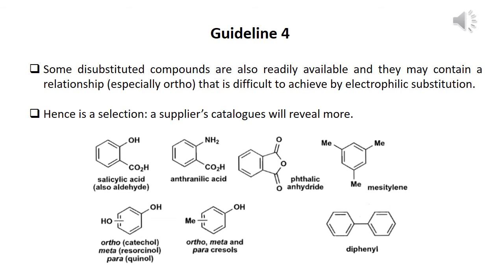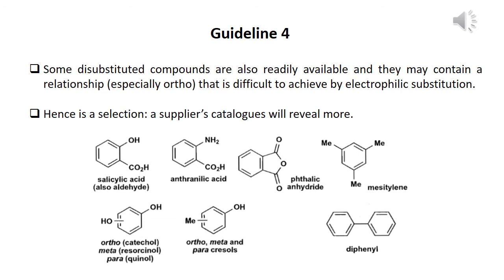Like there is salicylic acid. This is containing carboxylic acid and hydroxyl group, and anthranilic acid, carboxylic acid and amino group ortho to each other, phthalic anhydride containing two carboxylic groups, this is an anhydride, and mesitylene having 3 methyl groups at positions